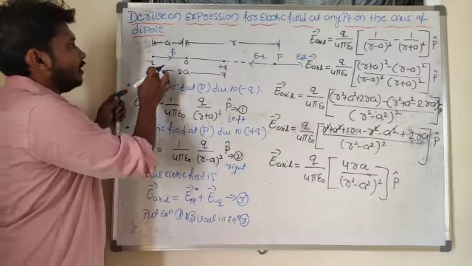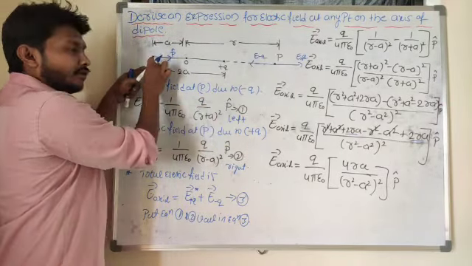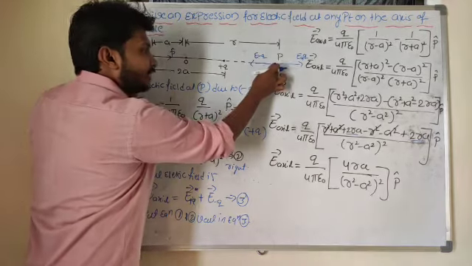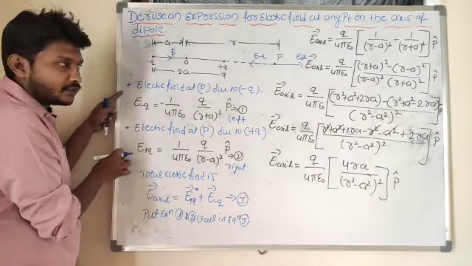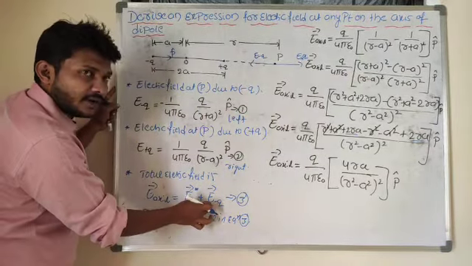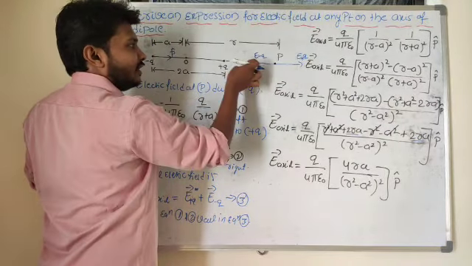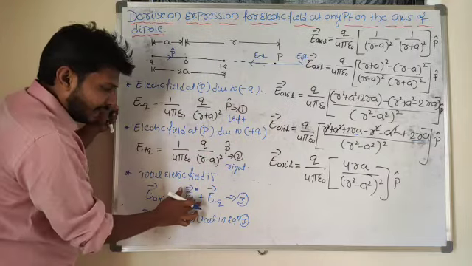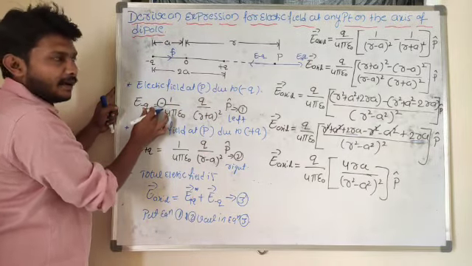So look at here. First I will calculate the electric field strength at point P because of the minus q charge, and the electric field at point P because of the plus q charge. I got these two equations. Then what about the total electric field, E1 plus E2? Depending upon the direction, one is outward, another one is inward, so I shall take the minus sign here. For the negative charge I already took the minus sign.